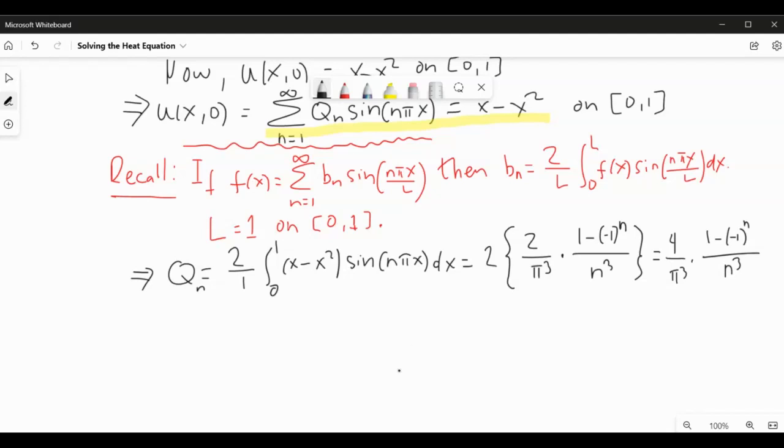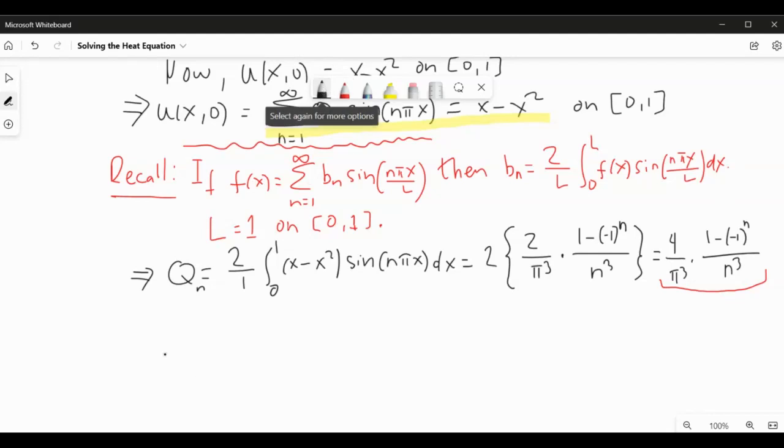And again, I invite the listener to just verify later on that indeed this is the proper representation for the coefficient q sub n. And so because of this,